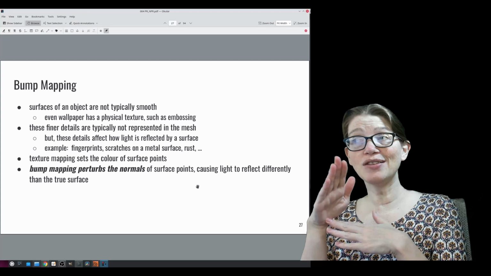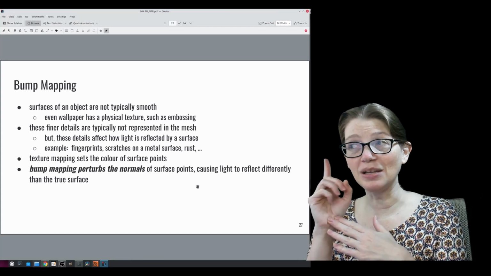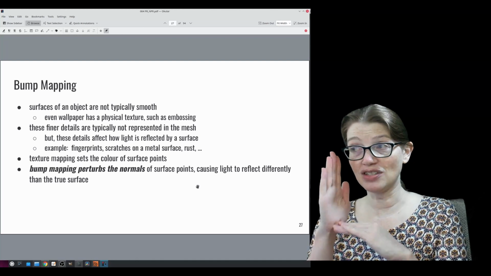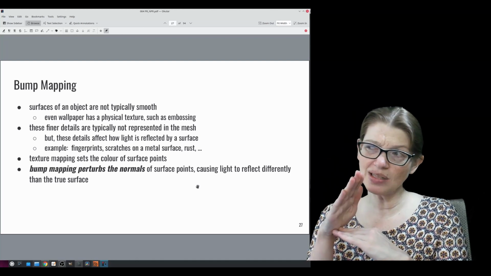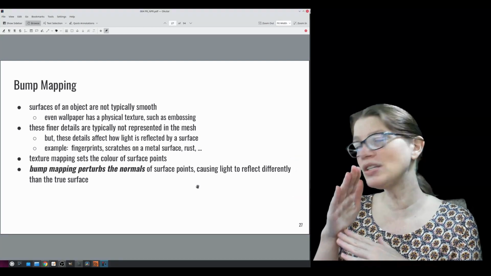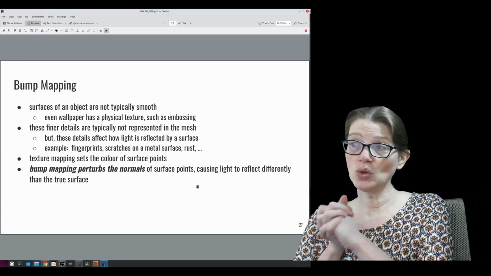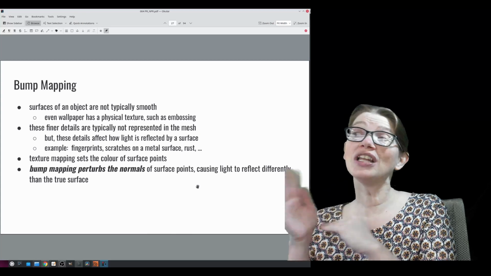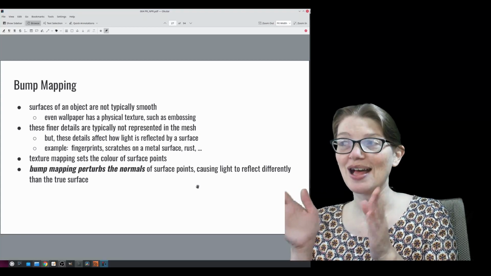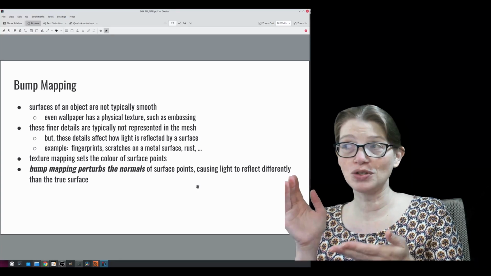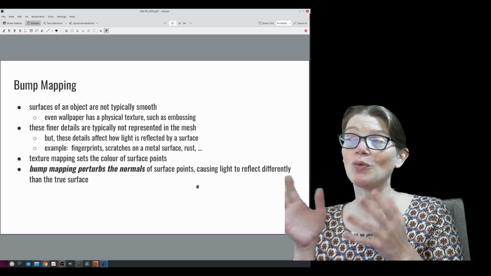Now that point on the surface is going to be rendered a little bit differently because the normal is no longer pointing perfectly straight up towards the light. Now it's pointing a little bit away from the light, so it's not going to receive as much light from the source. And so it looks like in our brains that there's a bit of curvature to the surface or roughness,